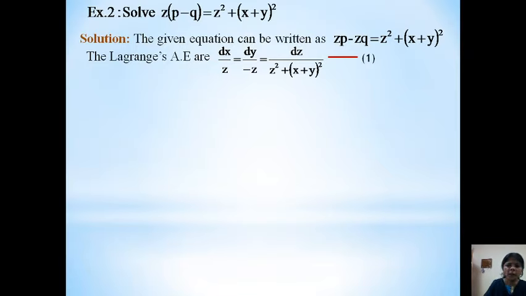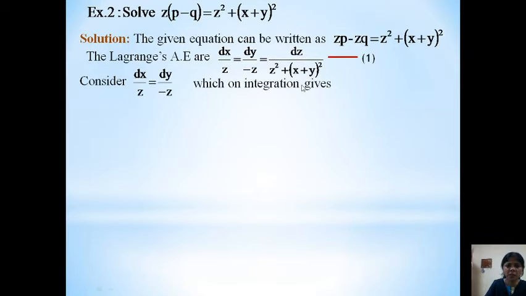Now again try to compare the two pairs, two fractions. So I can compare the first and the second pair very well, whereas there is no possibility of considering the other two pairs. Neither can I consider the second and third fraction, nor the first and third fraction. So let us try to obtain the first solution by comparing the first and second fraction. z will get cancelled.